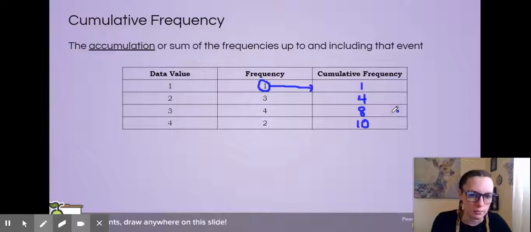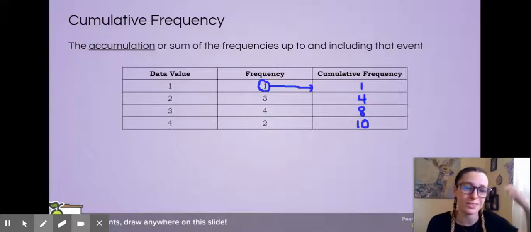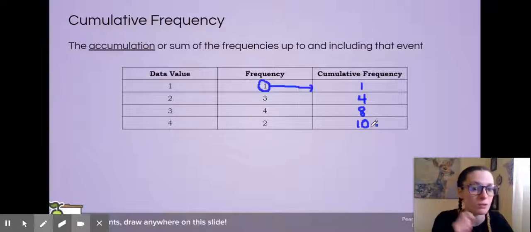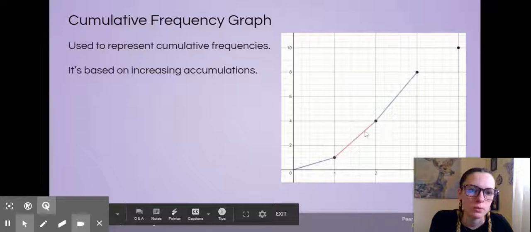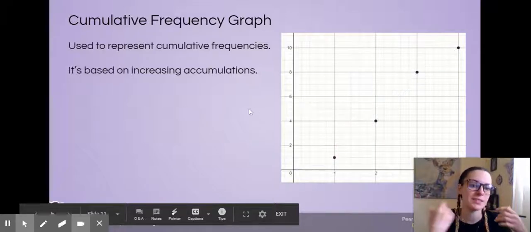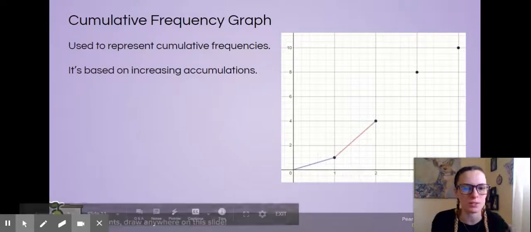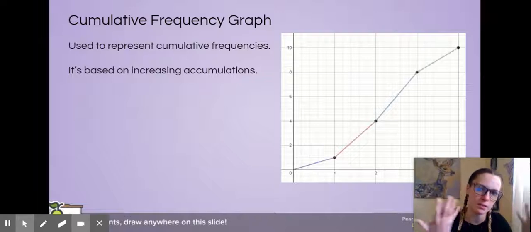So it not only keeps adding up, which is easy enough, but that last number can also tell you the total number of frequencies since you were adding it along the way. If I add up 1, 3, 4, and 2 for my frequencies, I'll get that final cumulative frequency of 10. A cumulative frequency graph takes those cumulative frequencies that you would have just found and obviously displays